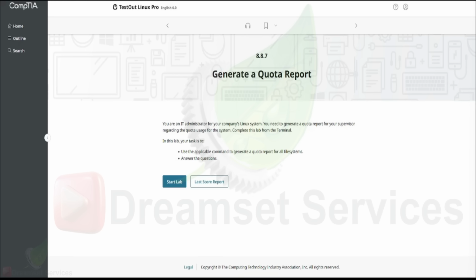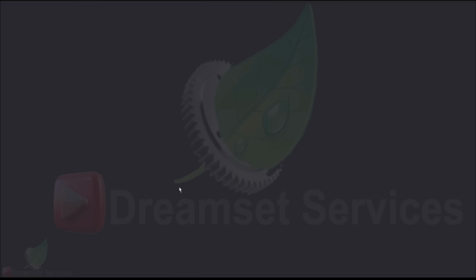Quota report. So you are the IT administrator for your company's Linux system. You need to generate a quota report for your supervisor regarding the quota usage for the system. Complete this lab from the terminal. In this lab, your task is to use the applicable command to generate a quota report for all file systems and answer the questions. All right, so we go ahead and start the lab and we wait for this lab